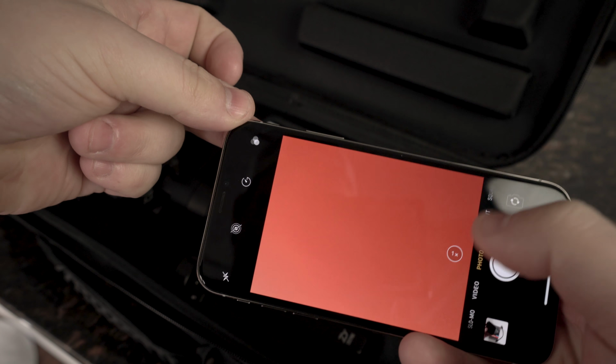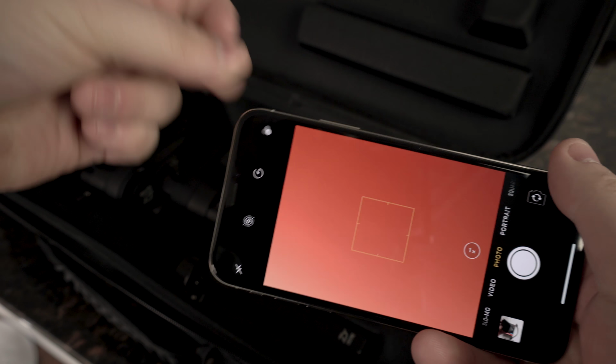So one other thing I thought was kind of annoying, which I talked about in my review, is that when you're using the regular wide-angle lens and shooting in kind of low light, and then you switch to the telephoto lens, it actually doesn't switch to the telephoto lens, it just digitally zooms in on the wide lens. I thought that was kind of stupid, and I was able to replicate that by putting my finger in front of it and finding out that it wasn't using the telephoto lens, it was still using the wide